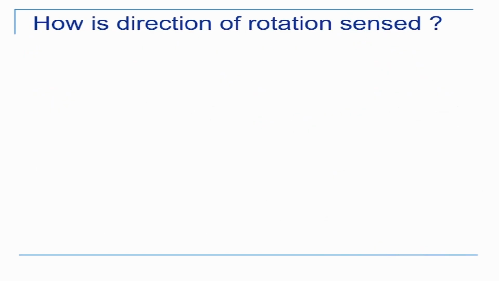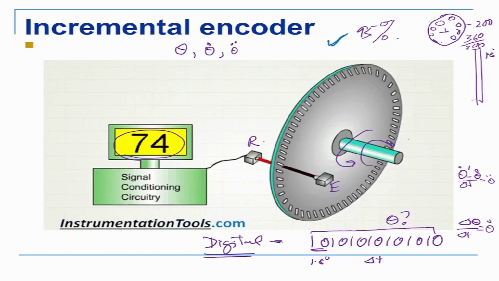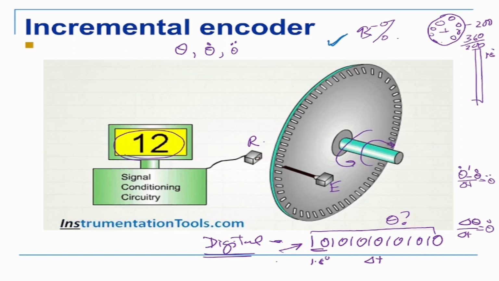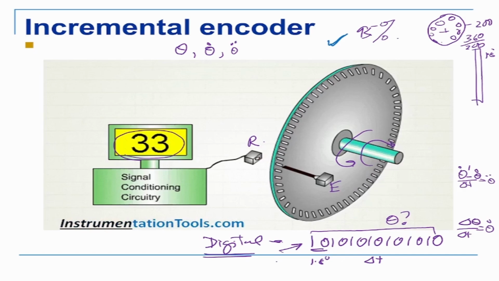Okay, that is one. The second is, how is the direction of rotation measured? So we can measure the direction of rotation. What I mean is, suppose the encoder is here. Let's look at this example. If it was rotating this side or it was rotating that side, clockwise, anti-clockwise, how do you know? Because your signal will still be the same. It will be 0, 1, 0, 1, irrespective of which side it is going. So how do you know whether it's clockwise or it's anti-clockwise?